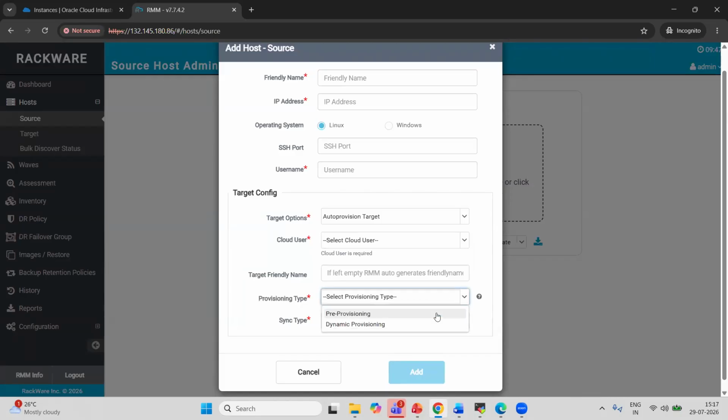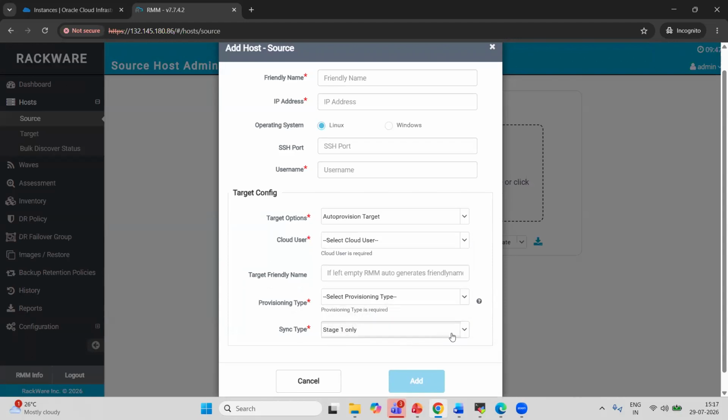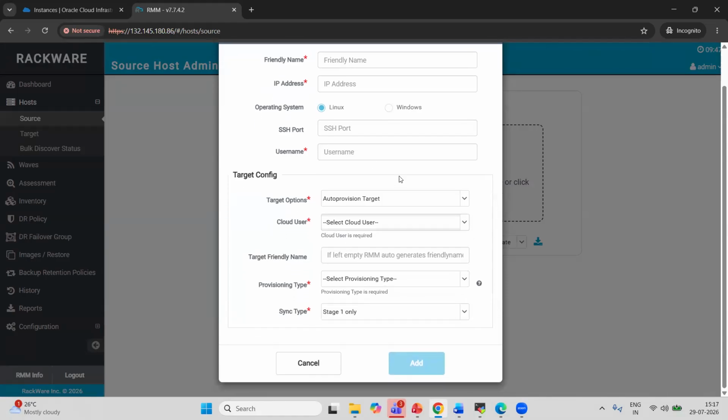So whether you want the server to be pre-provisioned, so right away RMM will create the target machine and sync the data to it, or you want to use dynamic provisioning, where you initiate the failover and then RMM provisions the instance. So you can decide from here itself whether you want a hot DR, warm DR, or a cool DR. Then the sync type is about whether you want to perform a staged sync, or you want to perform, let's say stage 1 and 2, or whether you want to perform a host sync. So you fill in all these details, click on add, and your server will be added on the RMM, and